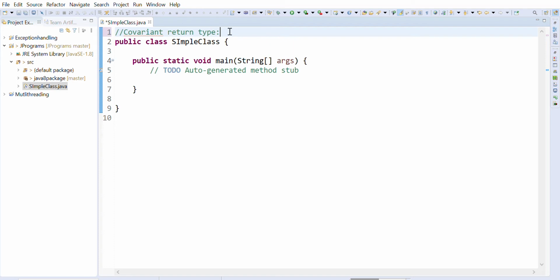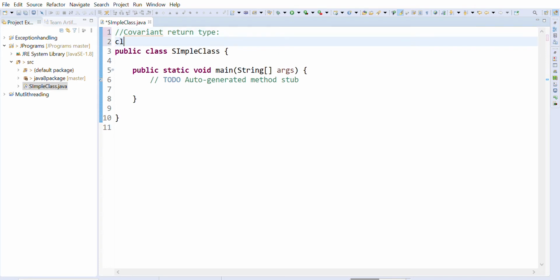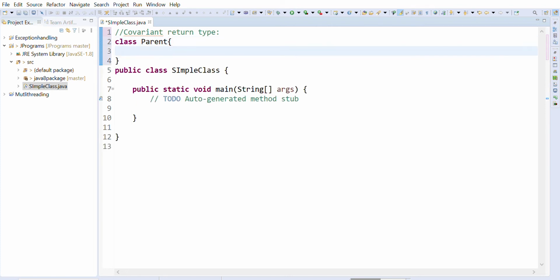If you have a class, let's say we have a class Parent, and the parent class has a method that will return the instance of Parent.